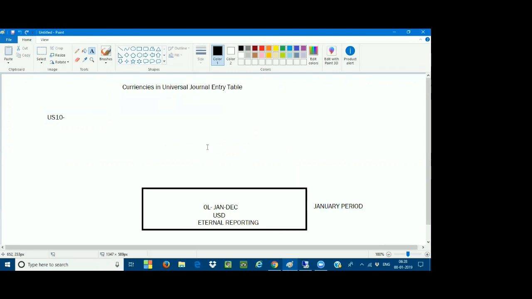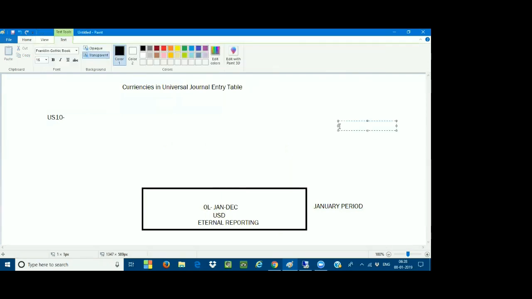Now, for internal purposes, I cannot disturb this ledger. I want some consolidation or restatement. You are extracting a financial statement from the leading ledger, which is for external reporting purposes and is shown to your stakeholders. But I want one more financial statement, which is only for internal reporting purposes. So I would like to post some transactions which are not going to impact the leading ledger. Those transactions should impact only the extension ledger. This is called the restatement purpose.